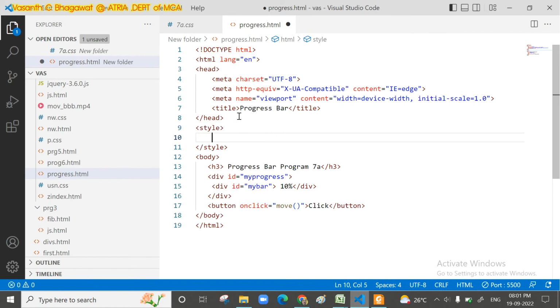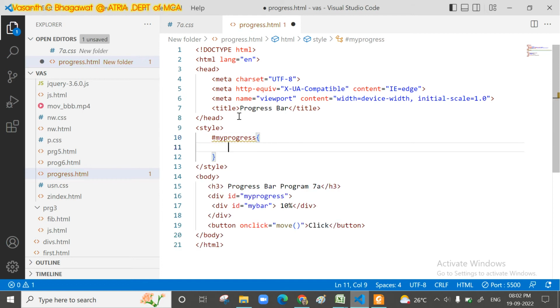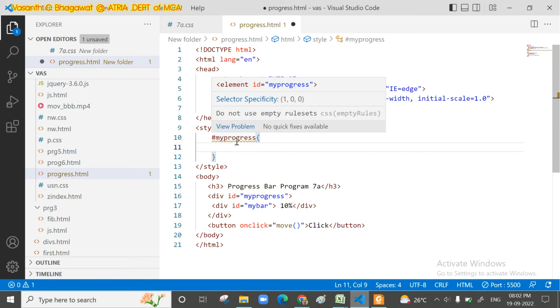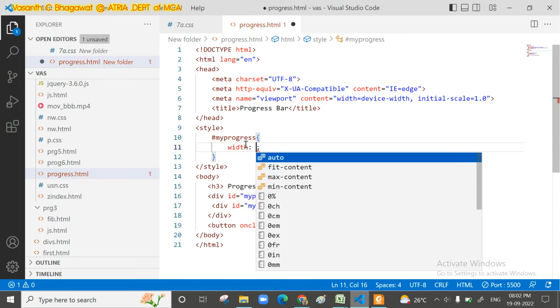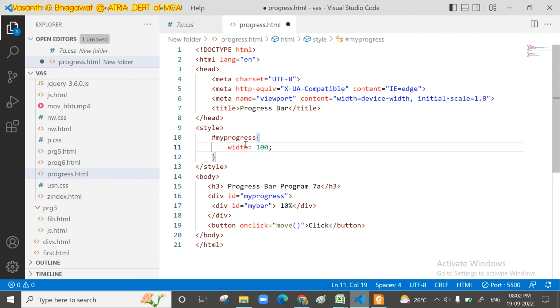So now we will use this style here. So for my progress, that is for our ID, we are going to write, so check this spelling, progress. So now let us put some width for this. Let us say width 100%